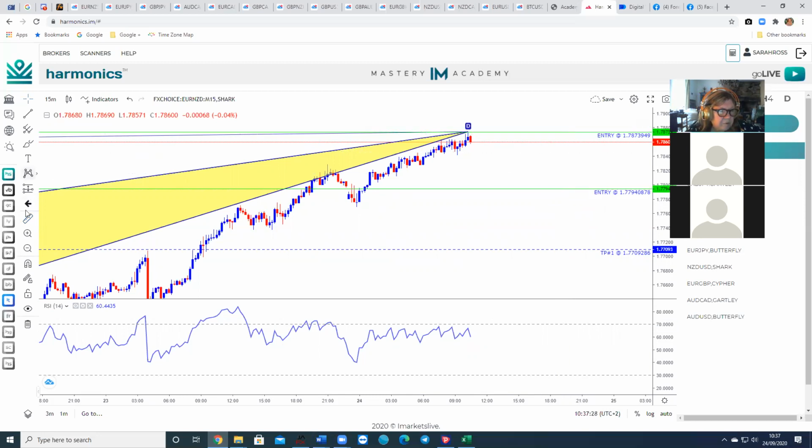You don't want to get involved in sharks. So this one's some way off for us. You don't want to get involved in sharks until entry point 1.7794. So round about there, down to take profit 1.7709. That's 84 pips. So either you don't enter a shark until take profit 1 because of this problem with